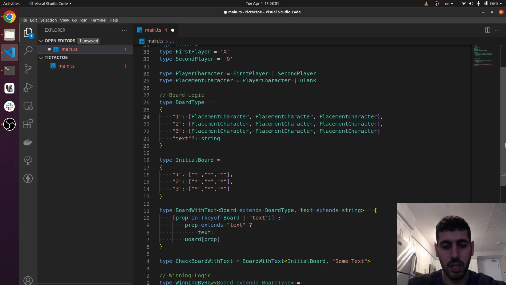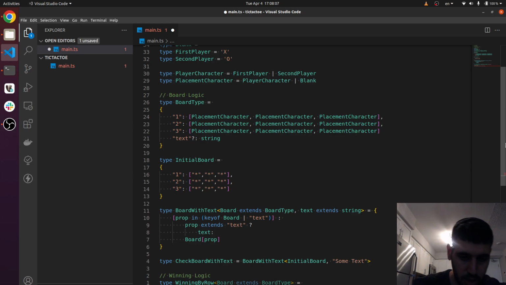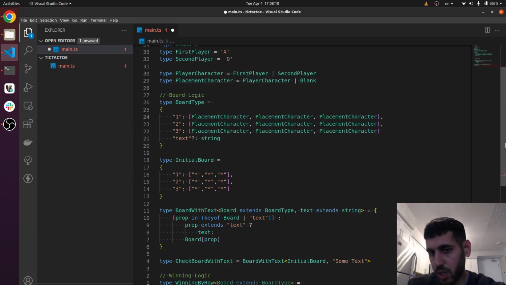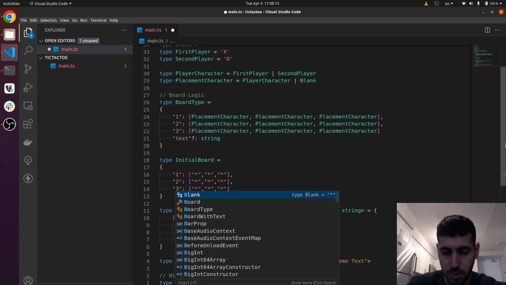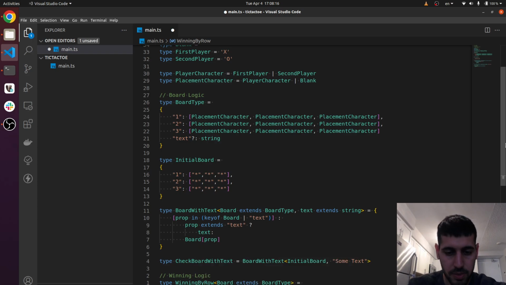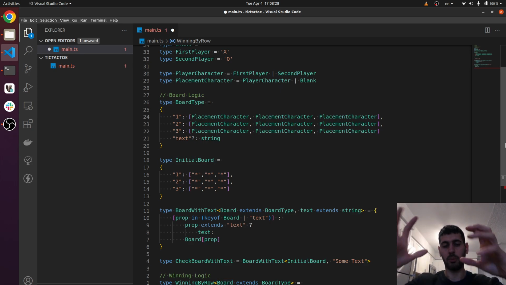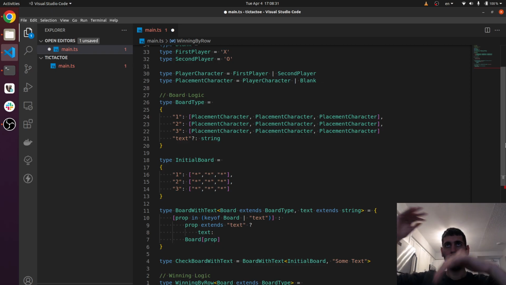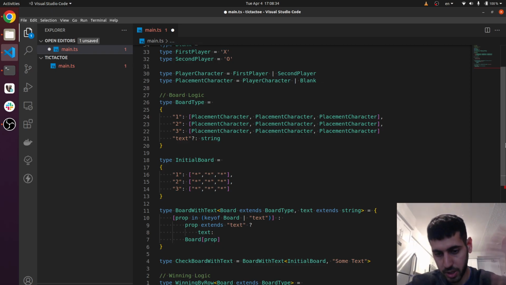So I'm gonna say the first row needs to have blanks, or just no, it has to have all winning signs. So board at 1, at 0, and let's just say this, oh, it needs to be an array. So what I'm going to do is couple all the row together, and match it against a single player character. So for example, board 1 and 0 needs to be, since we're attaching on the row, I can just take all of this, and then,